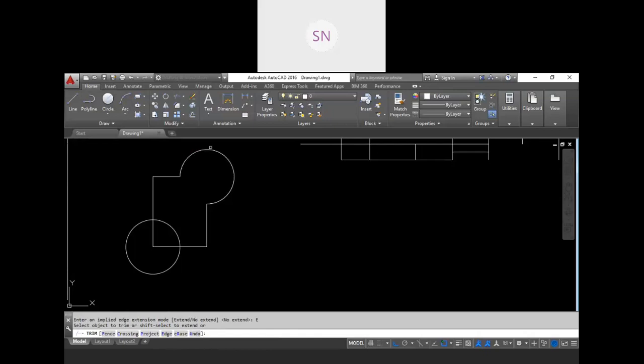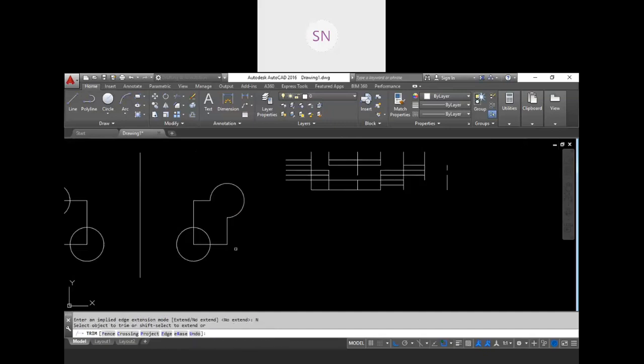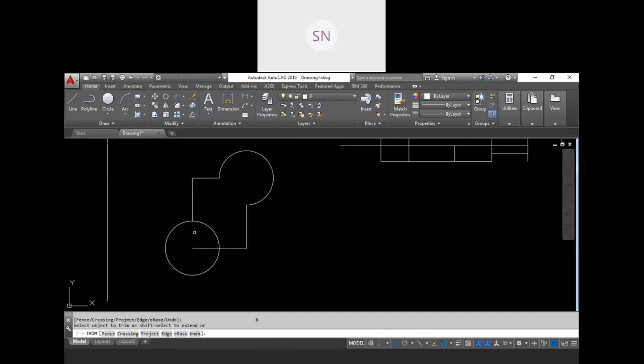So you will get this type of broken trimming, right? So turn off this extension in the edge. Click on no extension, then a physical cross will be considered as a reference. No extension will be taken.